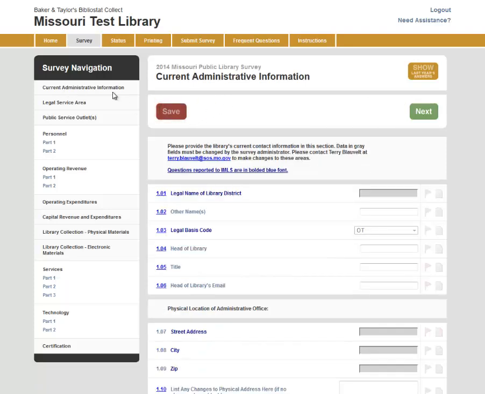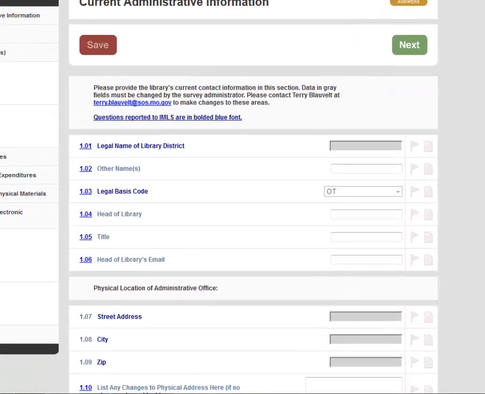And if you notice here, over here on the left-hand side, you have the survey navigation, and each one of these is representative of a section within the survey. You can click on the single link ones like the current administrative information, and it will take you to that page. Upon arriving at this page, you see the list of questions and you see the blank areas where you